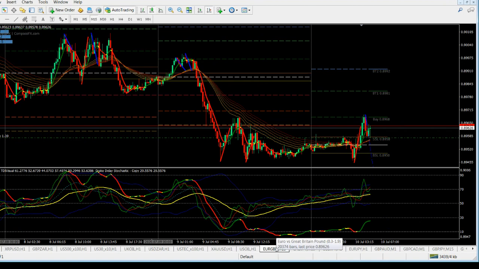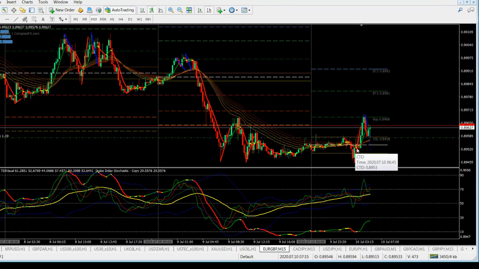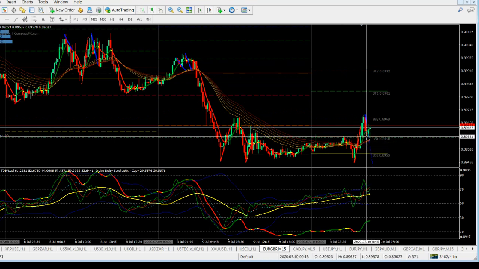So here now we have Euro GBP. This was a nice divergence trade. I got a failed W here. I love it. Price continued to go down and created a new low there, so this was a nice entry. I did not get it there. I thought it was going to go down maybe to another price just below there, but it did not. Price shifted immediately and then I was in there. I was like, that's what's up. So I'm in this trade now, hoping for it to go higher.